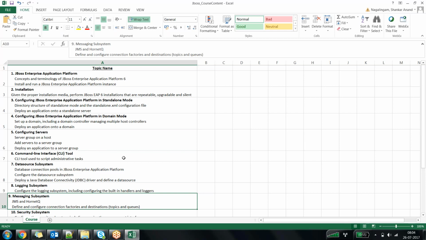Assuming that information is stored in another application called a personal information module, your billing module has to go and talk to that personal information module. That is done using the messaging subsystem. In JBoss application server, we'll discuss the messaging subsystem using the concepts of JMS server, topics, queues, distributed destinations, etc.